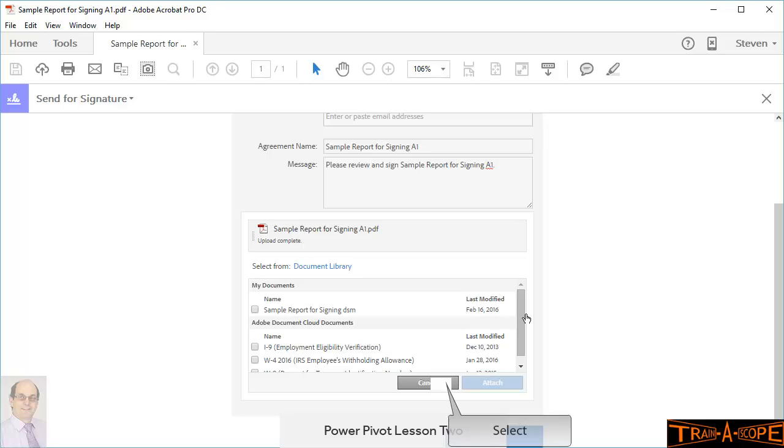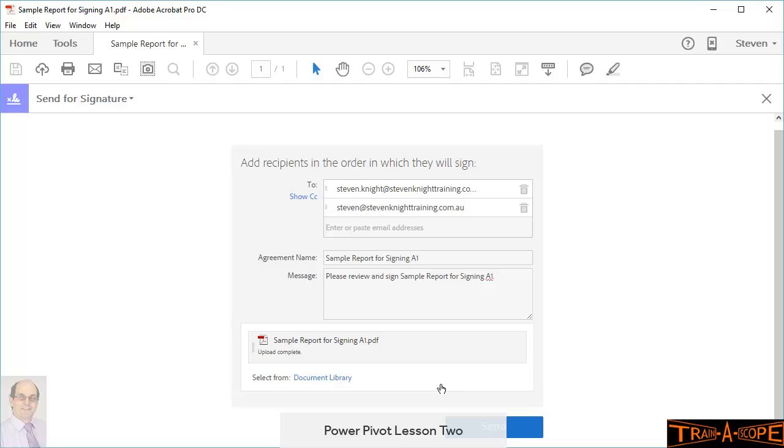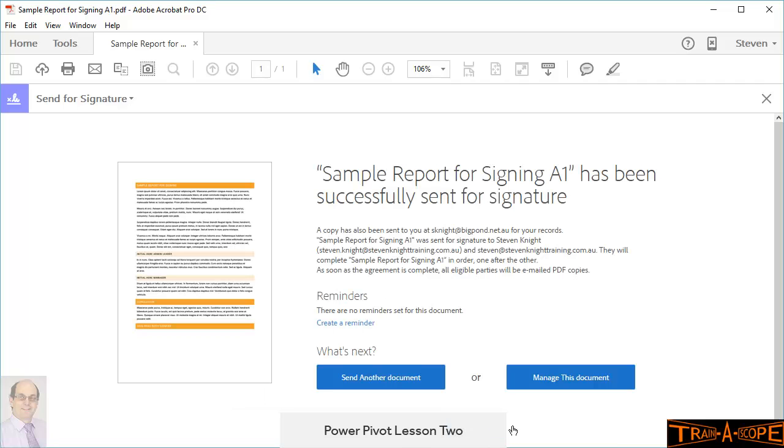So we've got our document selected. I'll just cancel from there. We could attach additional documents. They don't have to be PDFs either. I've just used a PDF because that's probably the natural format for this, but they don't have to be PDFs. Let's send it off,